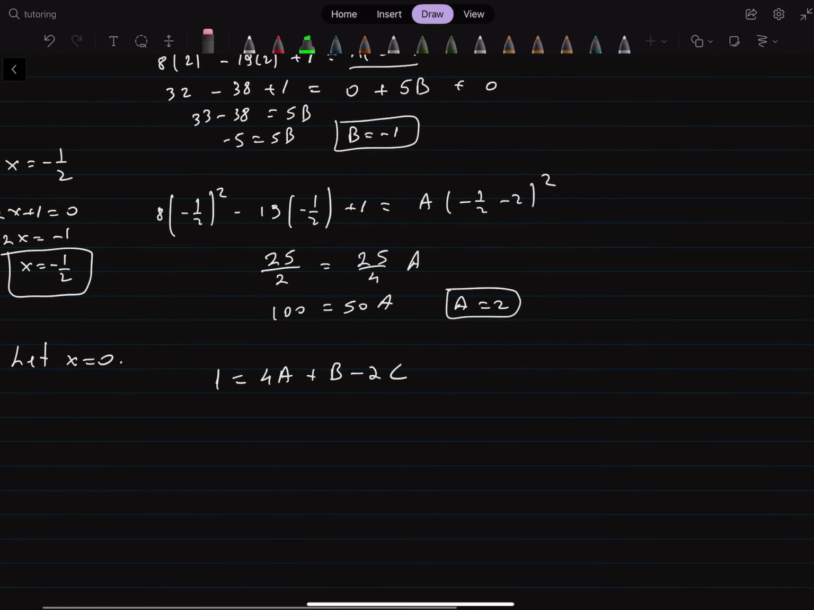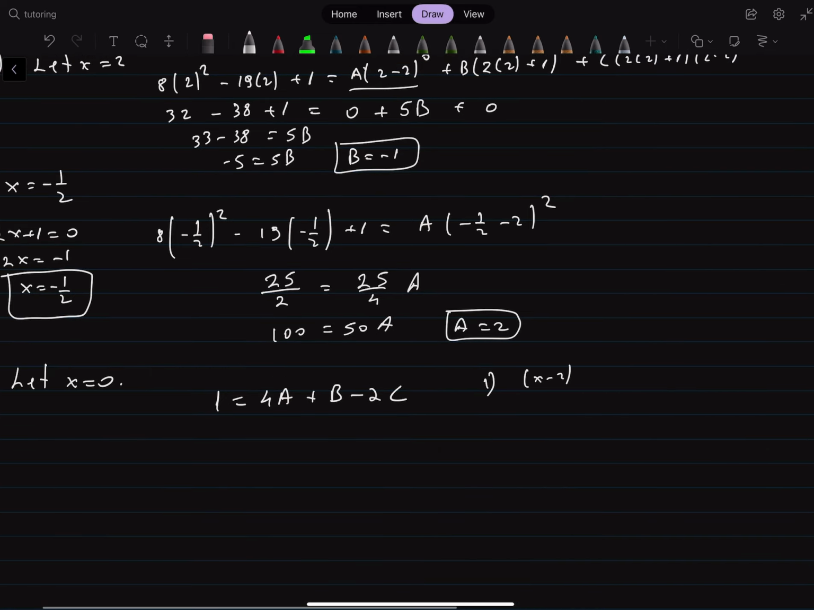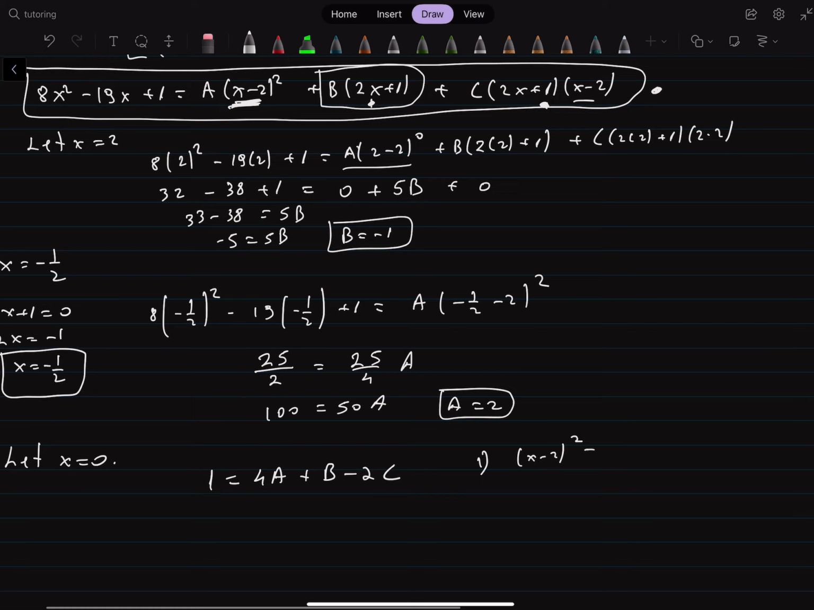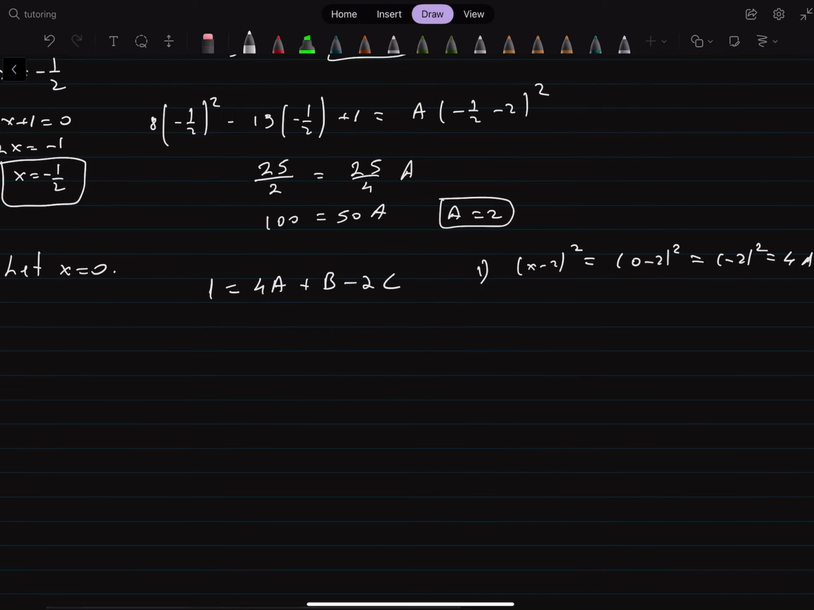In order to make it easier for you, or in case your teacher asks you to explain it, you can say the reason why it is 4A is that (x − 2)² is the coefficient in front of A. Considering x is 0, you're going to have (0 − 2)², which is (−2)², and it's going to be equal to 4. So 4A. Then you do the same thing for B and C, and hence how you get